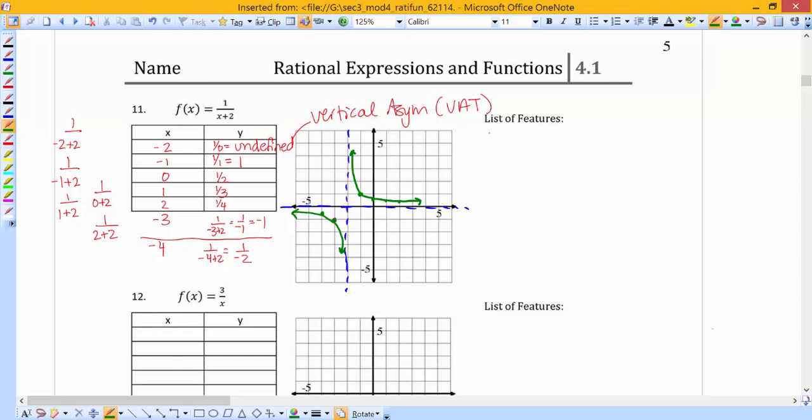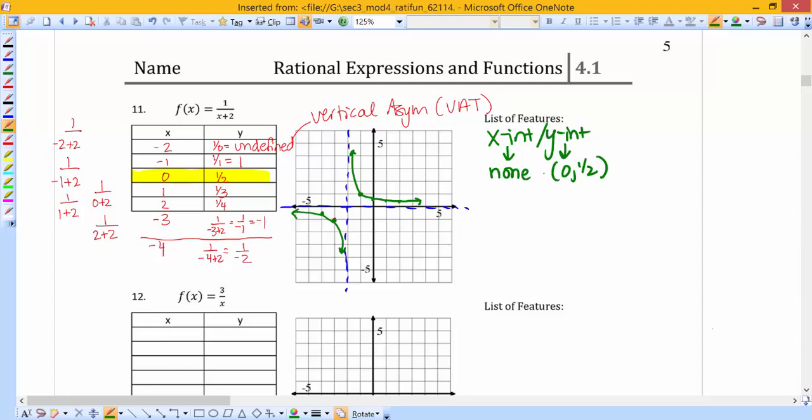The features I would like to see you listing are identifying any intercepts, x and y. And I do have an intercept here. I have a y-intercept, and I can actually get that from my table. Here's my y-intercept. So my y-intercept is (0, 1/2), and my x-intercept is none, because I have asymptotes that are going to keep me from crossing that